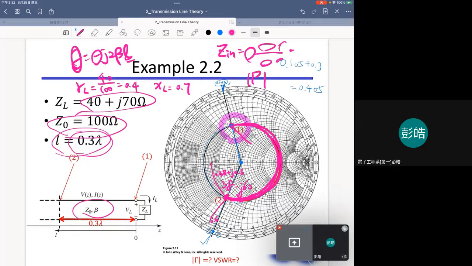chart 的应用，好不好？我们休息，一样休息10分钟好了。好，42分回来，42分。